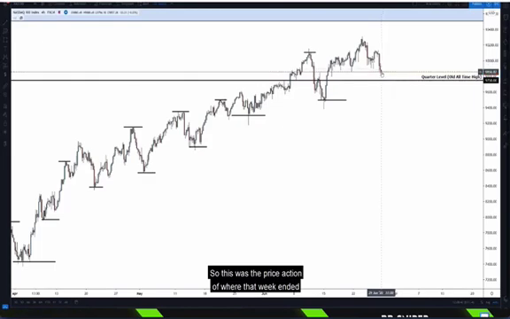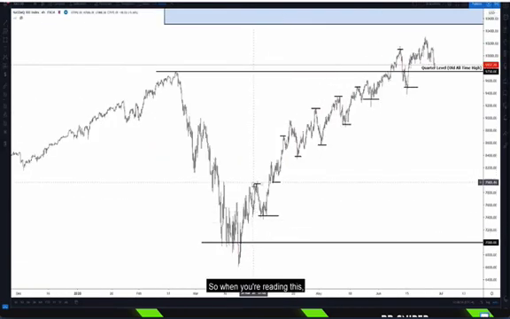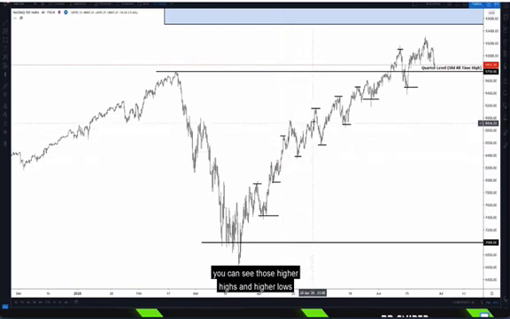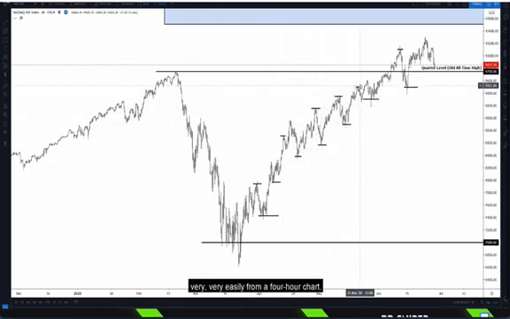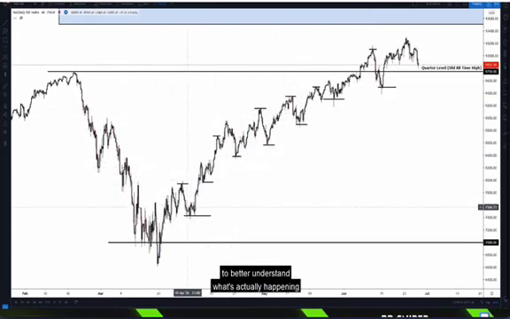So this was the price action of where that week ended and where the last trading week of June started. When you're reading this, you can see those higher highs and higher lows very, very easily from a 4-hour chart. And you can also use the 4-hour chart to better understand what's actually happening within the price action